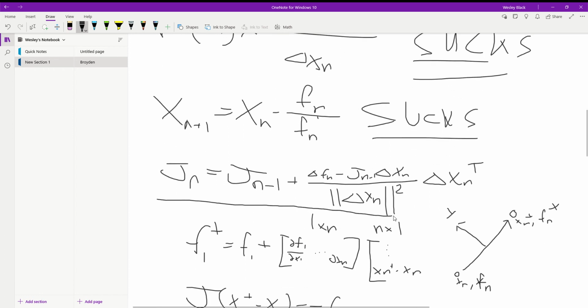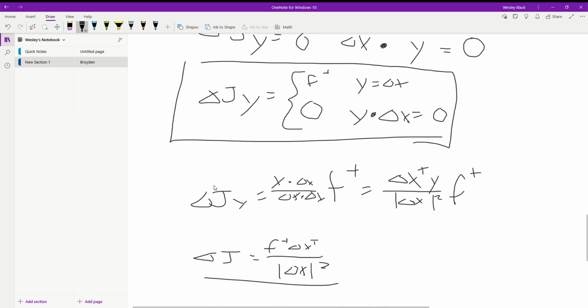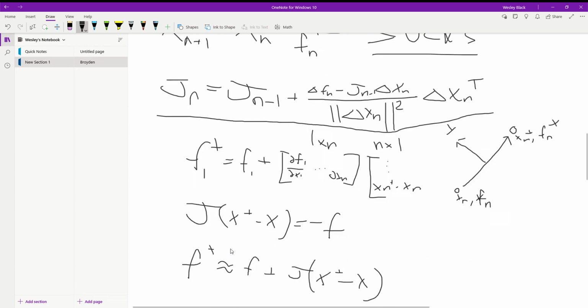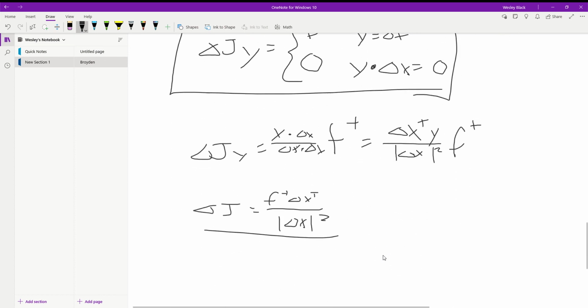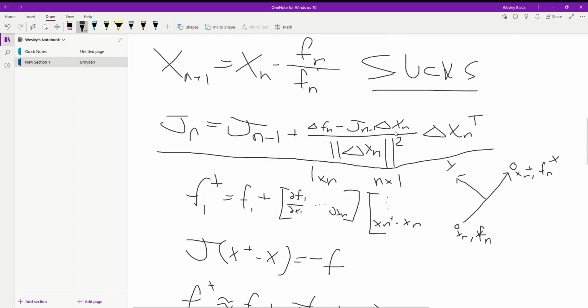Because I'm seeing here, there's definitely a j, a delta j, which we've got. We've got here our xn, or an xn transpose. We've got this funny square term. So you have to get some of these extra j terms in there somehow. Well,